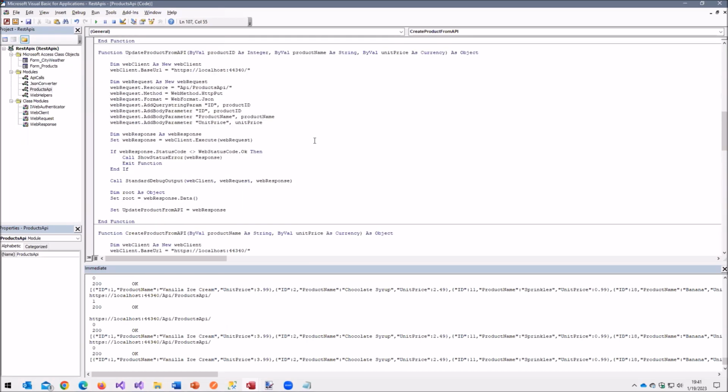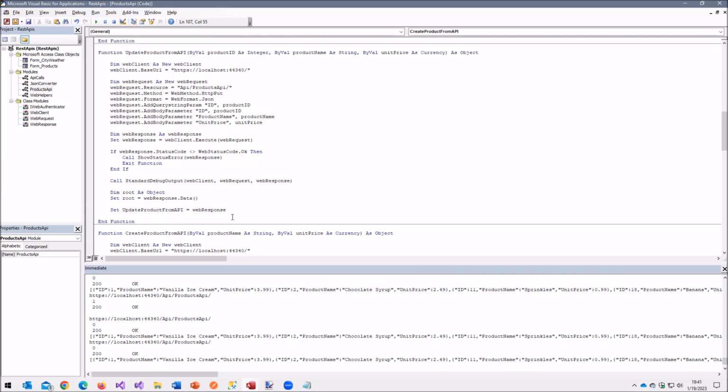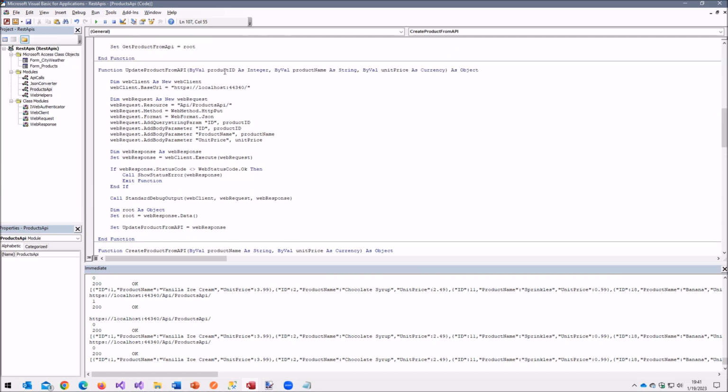Thank you. Now the last one, the update. This is probably the most complicated because I'm not just passing in two field values and then letting SQL, in this case, create the new unique ID. Now I have to reference an ID for the existing one that I'm changing, and I have to pass in the product name and the unit price.